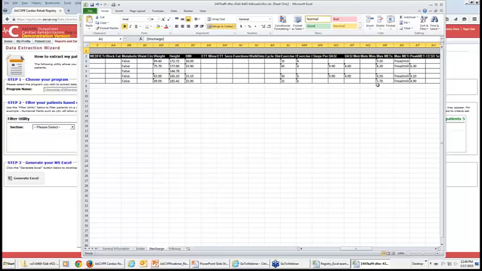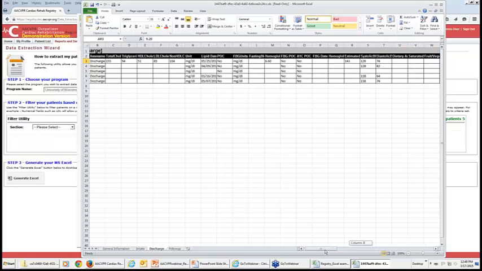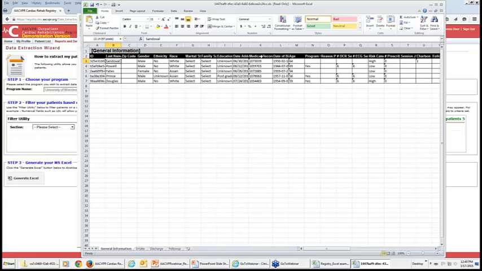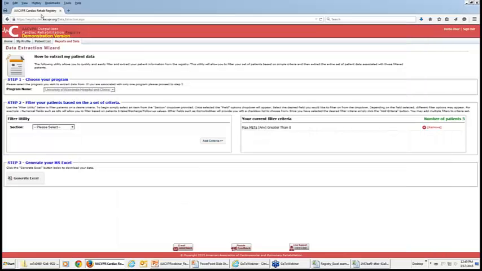So what we want to do is select what record that is. And we go back to general information, and we have the name of the patient, or we can use their medical record number here. I'm going to use the medical record number, and I'm going to copy that. We'll go back to the registry. We'll go into the patient list.